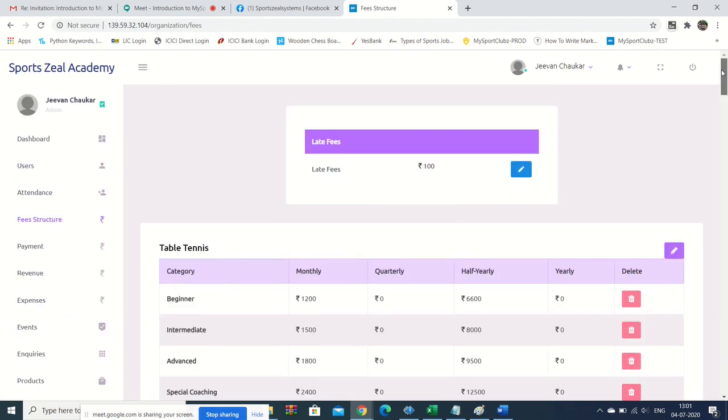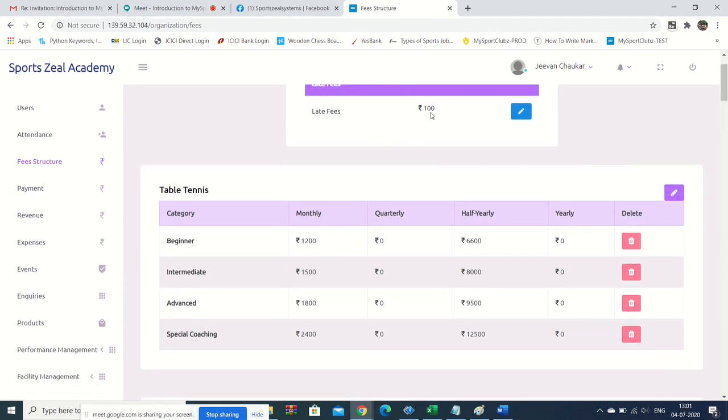So you can define a specific late fee. Whoever pays you late, if you want to define a late fee, you can. Everything in our system is optional. Most of the things are not mandatory for you. You just have to define it if you want it. You don't need to define it if you don't want it. So if you don't want to define anything, you can just leave zero here.